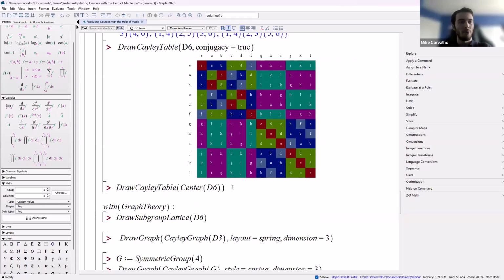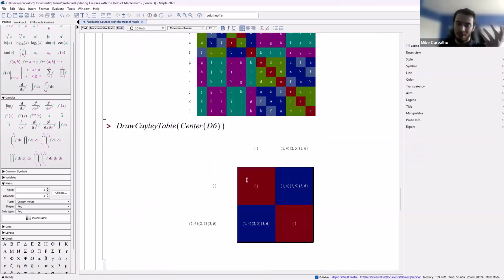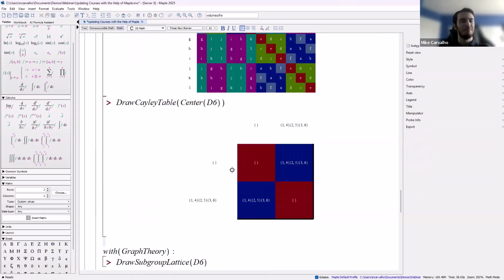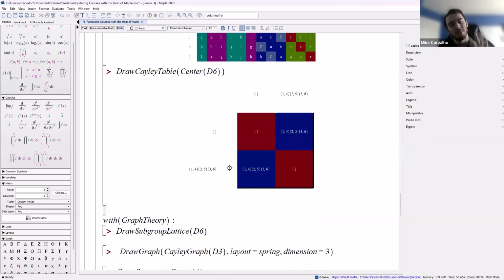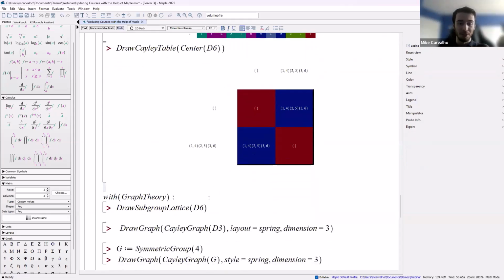Now this is the group as a whole. Of course, if we want to look at subgroups of the group, there's a command to compute the center of the group, and we can look at that really quickly. See, okay, it's the trivial one. Awesome. And this is one subgroup. What if we want to look at all of the subgroups?